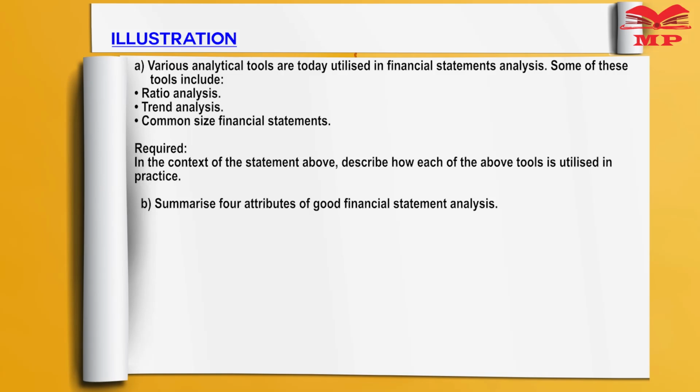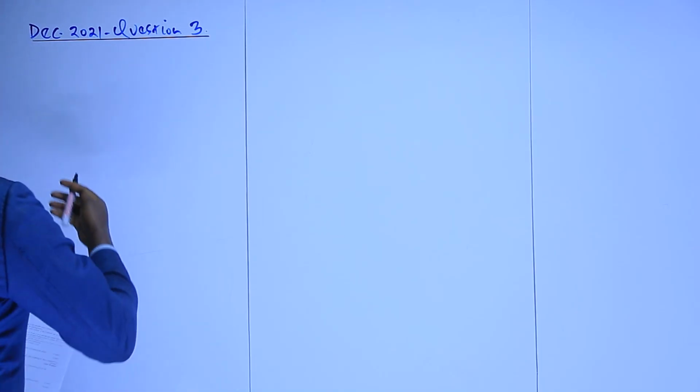Required in context of the statement above, describe how each of the above tools is utilized in practice. So we are given the various analytical tools, and what the examiner was requiring is that we explain how those particular tools are used in practice. So this is part A,